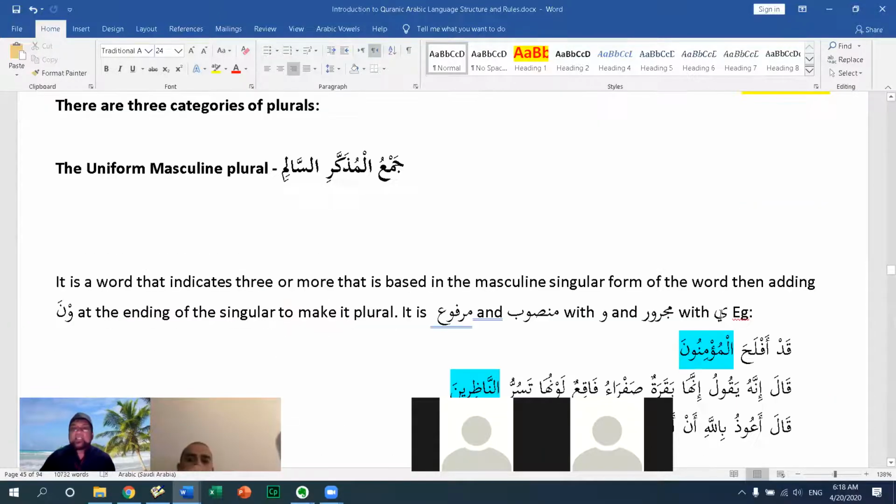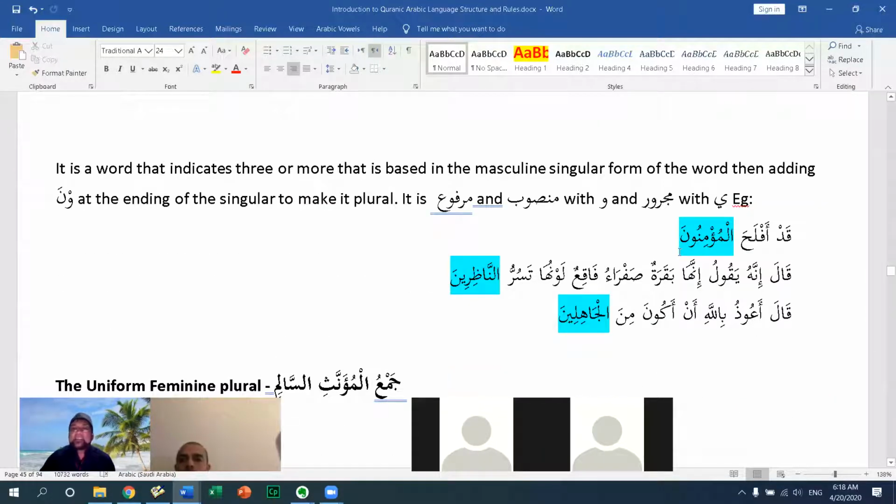So are you all paying attention to the علامة of the i'rab here in the musanna, and in the jama is not the last letter. It's prior to the last letter. The noon is not the sign of i'rab. It's the waw before or the ya before the noon. Are you all paying attention to that?